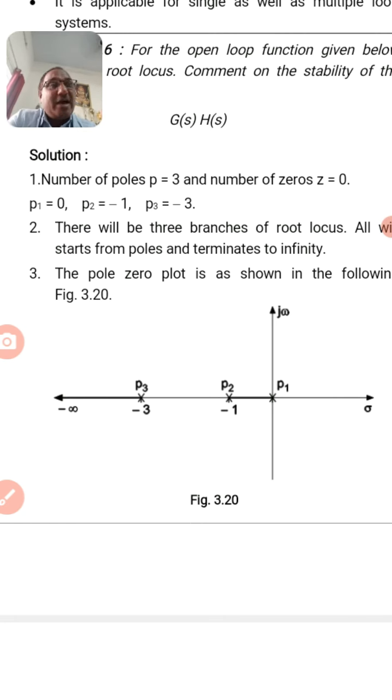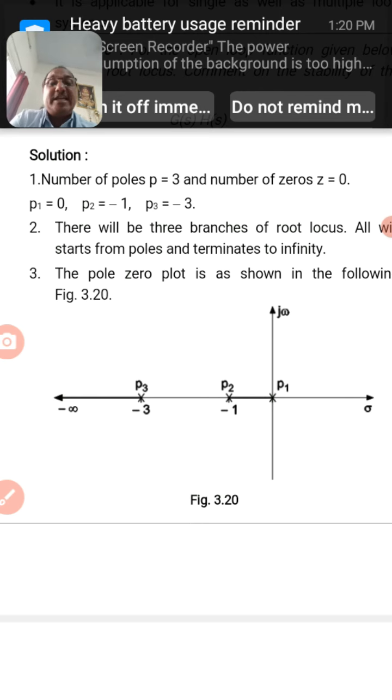Now to find a root locus, we have to find the gain of the system, or the range of gain, over which the designed system is stable, what its path will be, what its impact will be, and what the pole location will be for a change in gain. That is what the root locus plotting technique is.